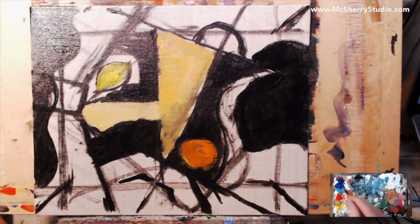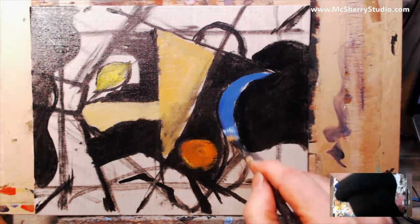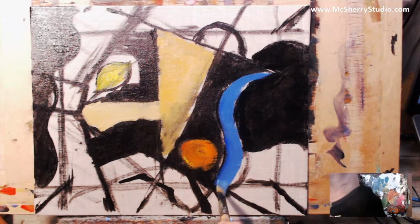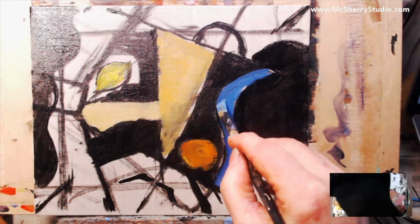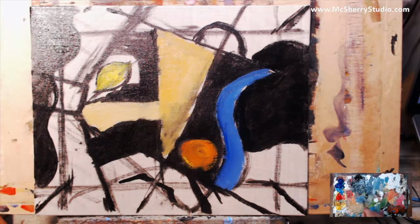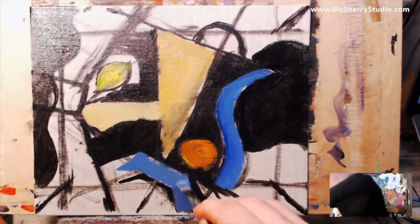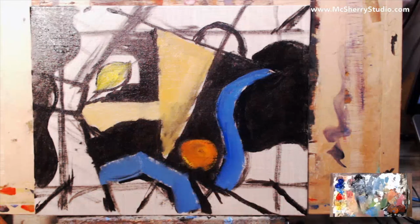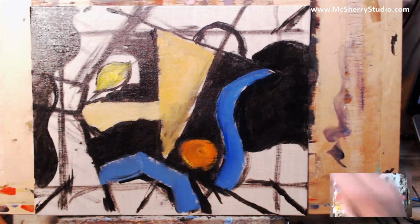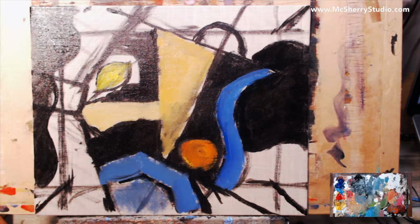So let's grab some blue and titanium buff, and that gives me a kind of nice subdued blue. And there's my blue vase. So that plus that dark is the vase. And the plate can be blue, which is actually remarkably true to life because it is a blue plate. I'm going to fill that in blue for the moment and move over to